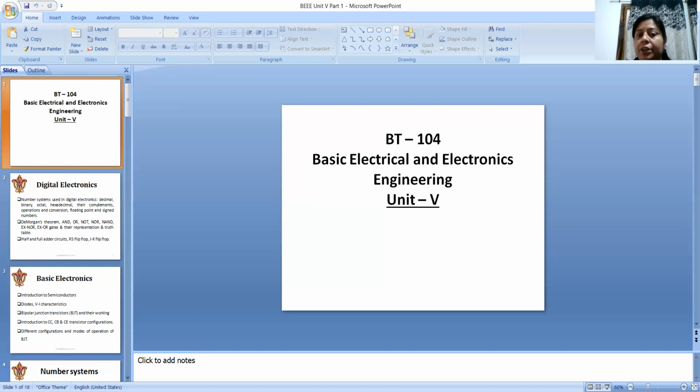Okay, so you can write in the binary number system, for no number you will have to write 0, 1 के लिए 1 लेंगे, 2 के लिए 1 0 लेंगे, 3 के लिए 1 1 लेंगे, 4 के लिए 100 लेंगे, 5 के लिए 1 0 1 लेंगे, 6 के लिए 1 1 0, 7 के लिए 1 1 1, 8 के लिए 1 0 0, 9 के लिए 1 0 0 1 and 10 के लिए 1 0 1 0. So this is the table representing the binary number system.